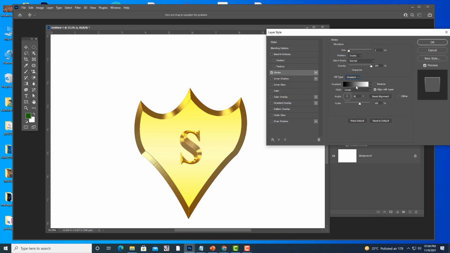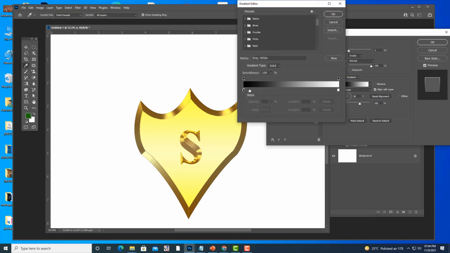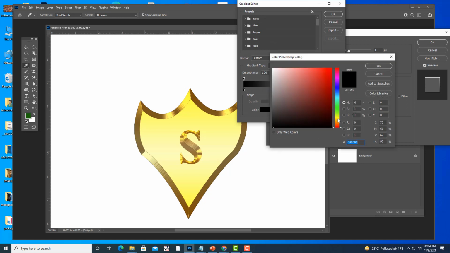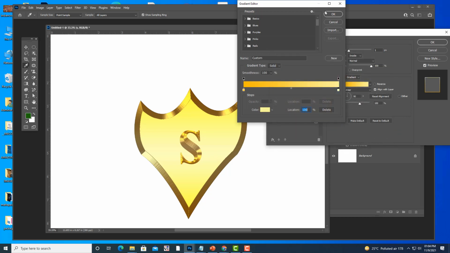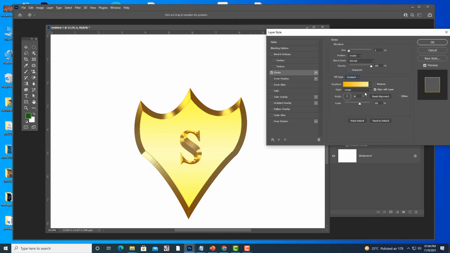Gradient, and then we'll use the same cream color. Means I am adding a little bit of extra depth to the text.